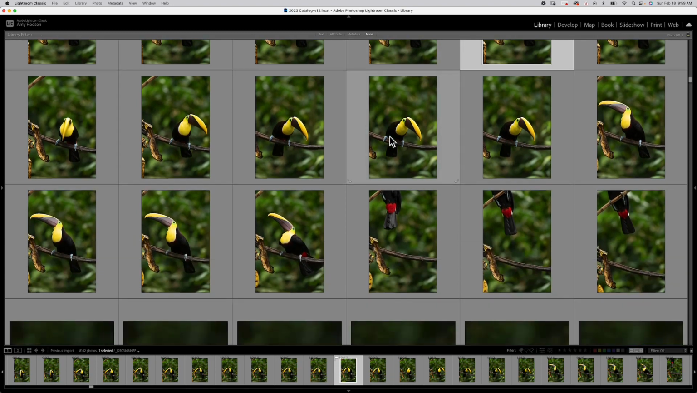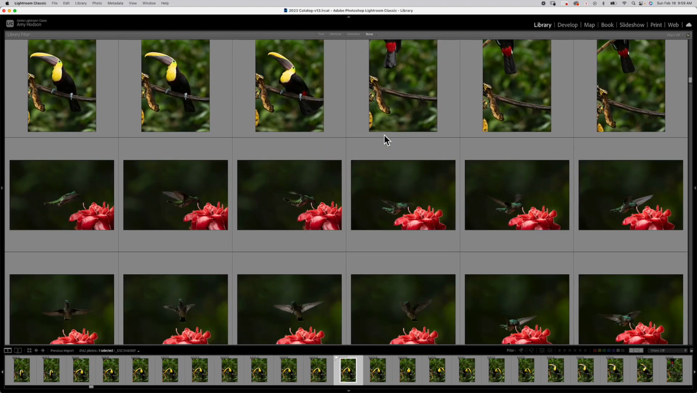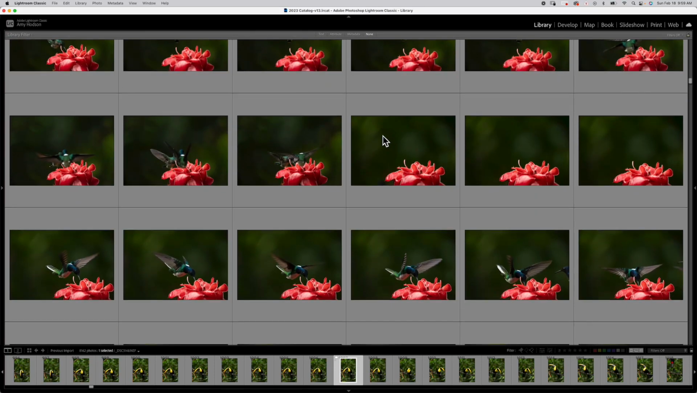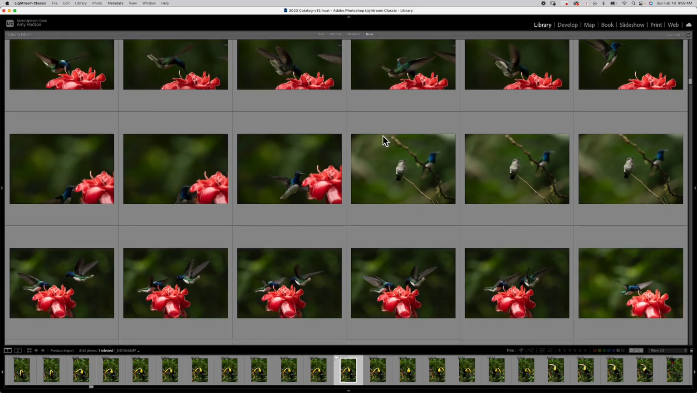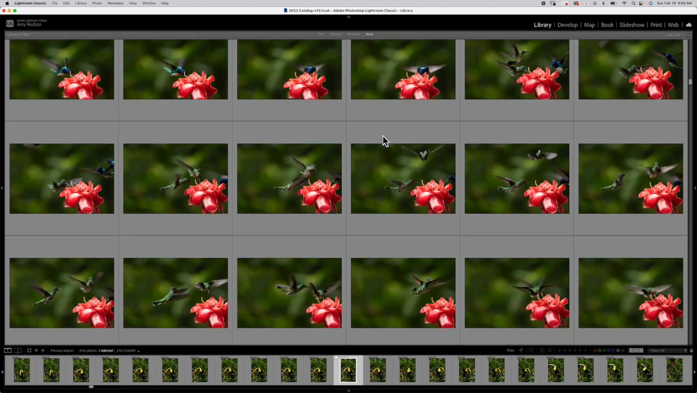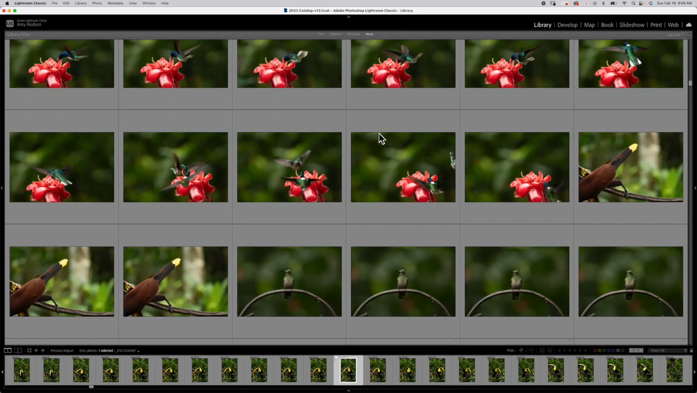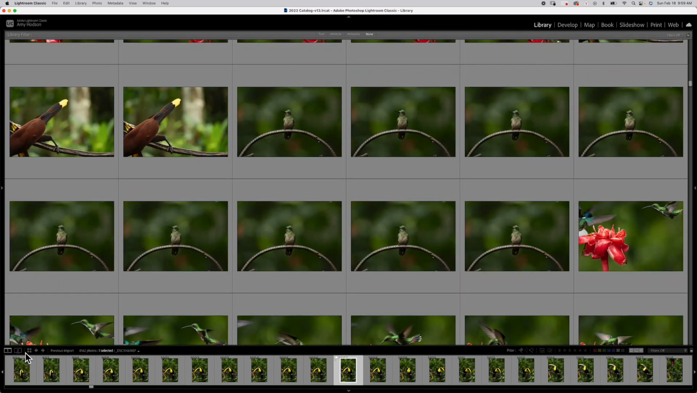Behind his bill. So we'll select that one. I'll come down here. And for now, I think that's pretty good. We've now gotten into a bunch of other birds, some hummingbirds fighting over a flower, and that's pretty good. And now we're into that. Okay, so now that we've got our yellow-throated toucan images selected, I'm going to come over here to this little